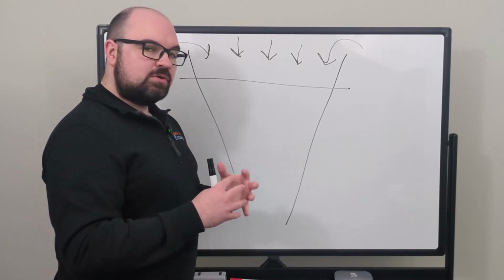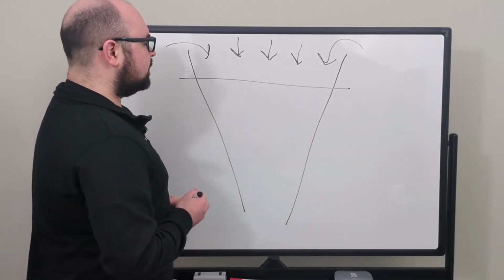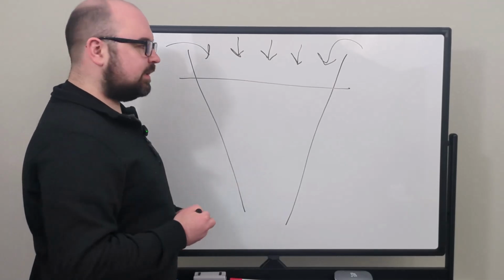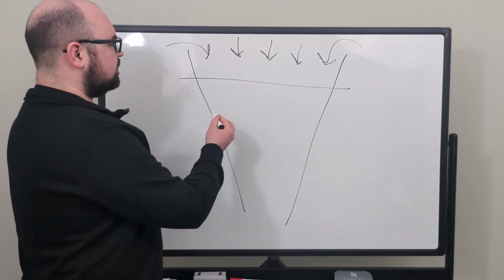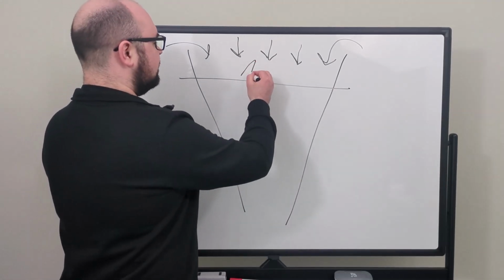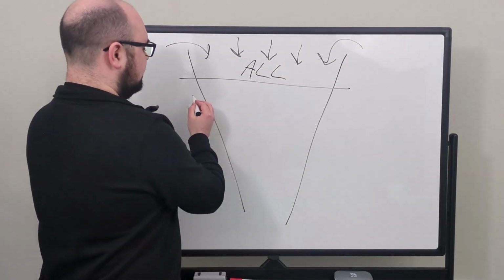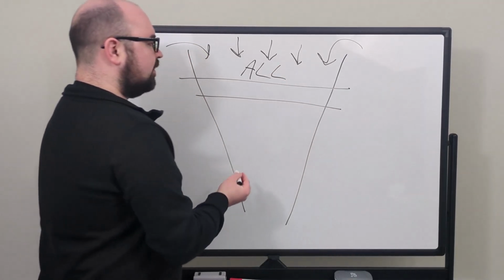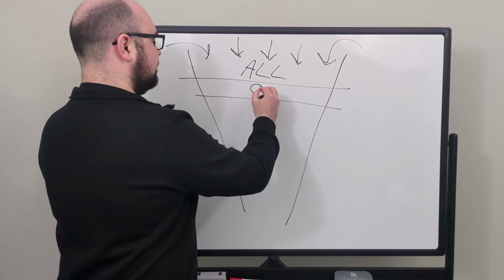But how do we reduce that? How do we flush those people out straight away so we're only working the right people? Instead of manually doing this, it's very, very simple. There's two different ways you can do it. So let's say this is all of the leads that you have, okay? So every single lead that you have. So what you want to do then is you want to have only your qualified leads in here, okay?